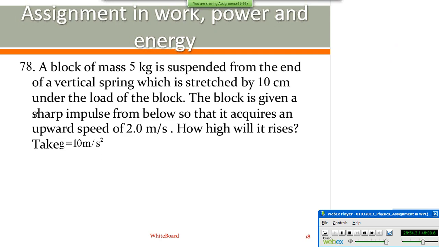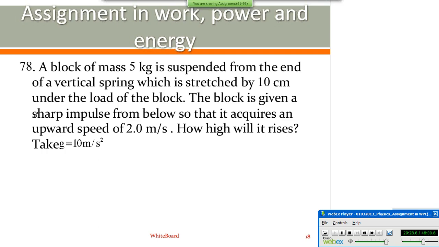This problem comes under one of the special cases which I have discussed in conservation of energy. Probably in the last two special cases in conservation of mechanical energy. So I am directly going to use the result because I don't want to repeat the same calculation which I have already discussed in the past. In case you are unable to recollect, you can go back to the class under the heading special cases in conservation of energy.